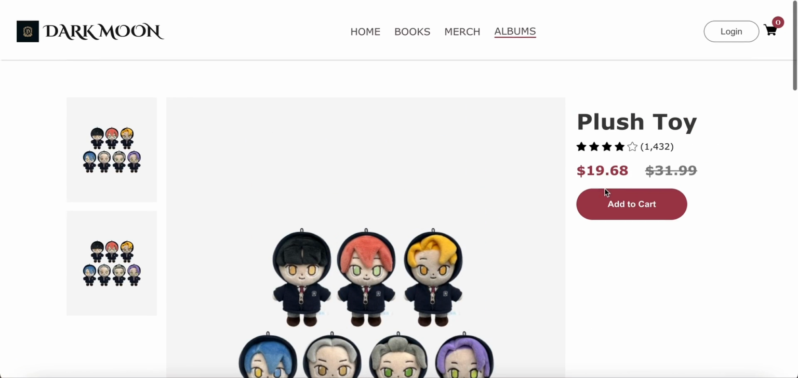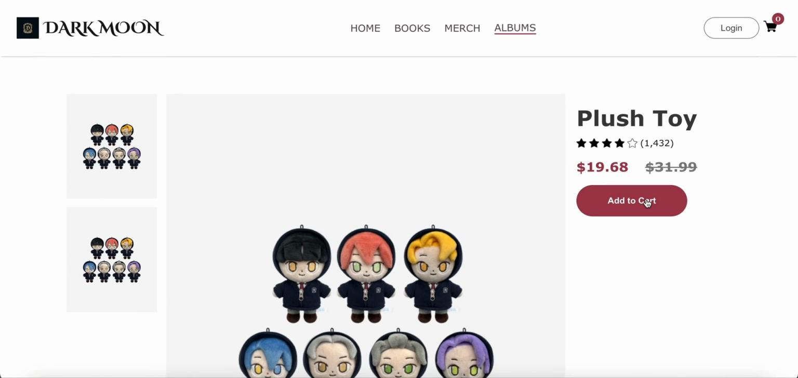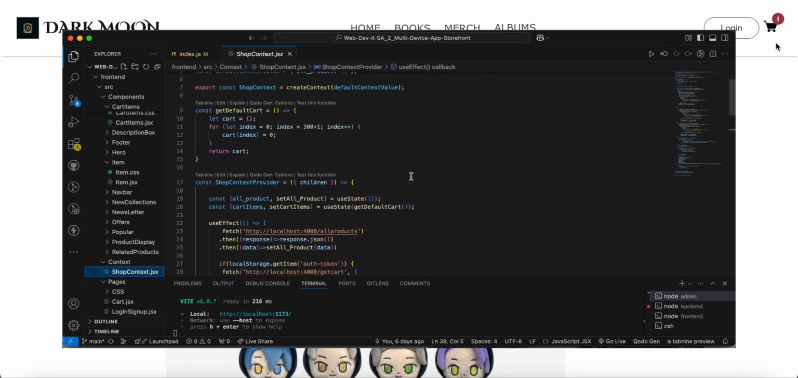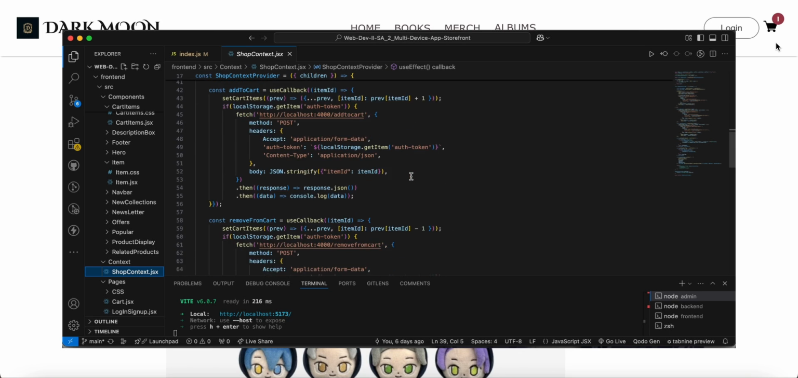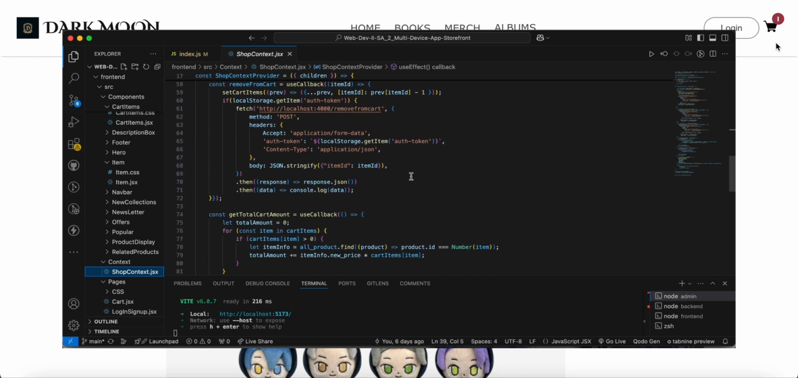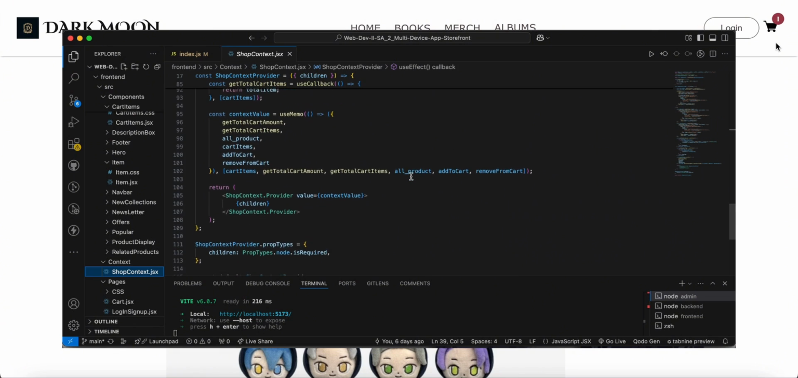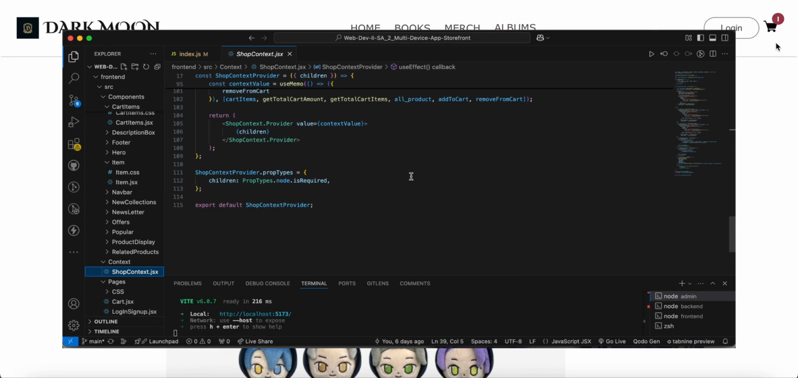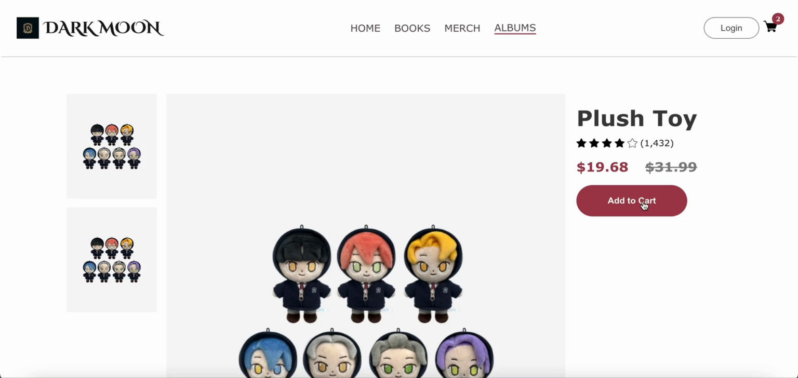So let's try adding this item to the cart, but first notice that the cart counter is at 0, so if I click the add to cart button, see how the counter changes to 1. That means that the product was successfully added to the cart. So to explain the code of this, clicking add to cart triggers a post request to the backend with the product ID, and the backend updates the user's cart in the database, and the frontend refreshes the counter using the updated cart data. So let's add a few more products,